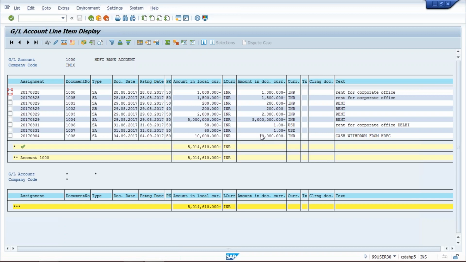So if we are having thousands of items, then the total is going to be at the bottom of the page, in the sense at the bottom of this report. So if you want to see the total view, click on collapse. If you collapse, what will happen? The total view will be